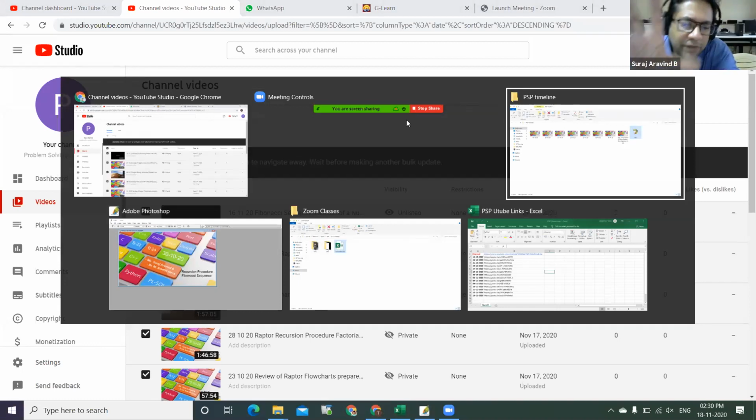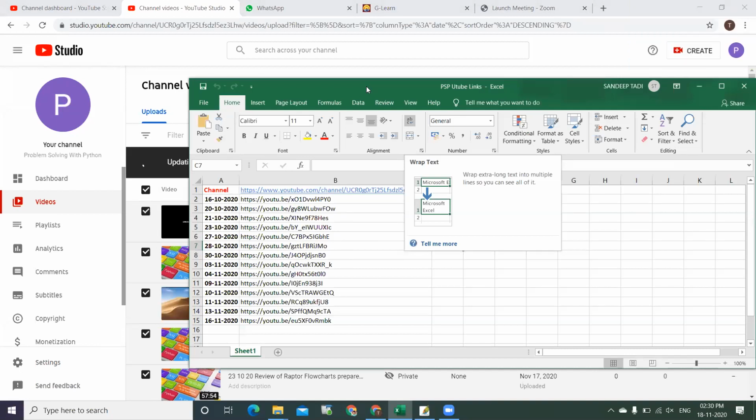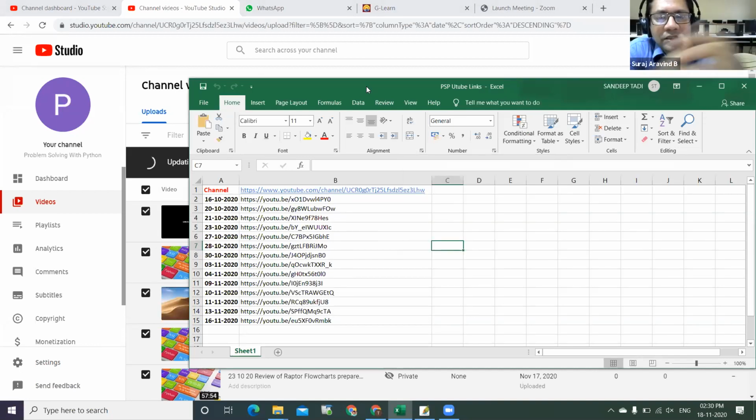Now, in the Excel sheet you have given us the links, no? Open that Excel sheet. We have kept this Excel sheet in the Google Drive. Suppose I give only read-only permissions to all the students of B22 and B24, if they click on the link, it should open the video. Yes, sir, it will open, now that we are putting it as unlisted and it has updated. Okay.